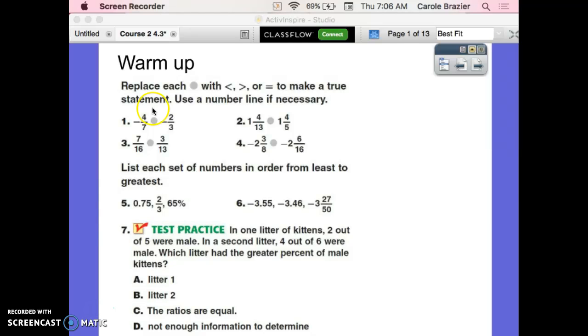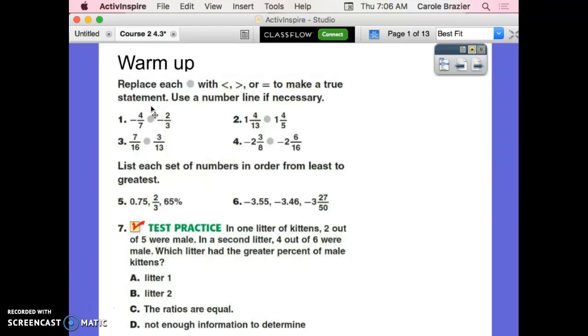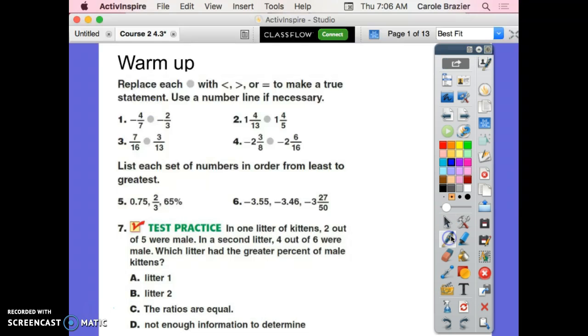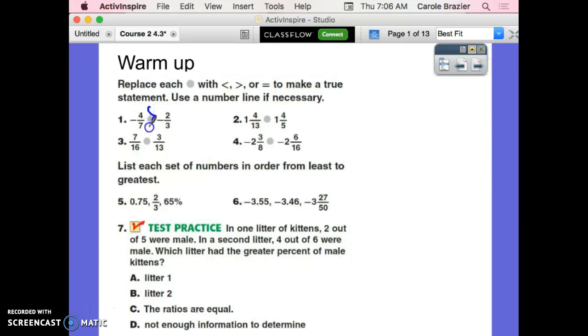Okay, for your answers, you should have gotten negative 4/7 is bigger. 1 4/5 is bigger. 7/16 is bigger. These ones are equal to. To put these in order, you should have had 65%,